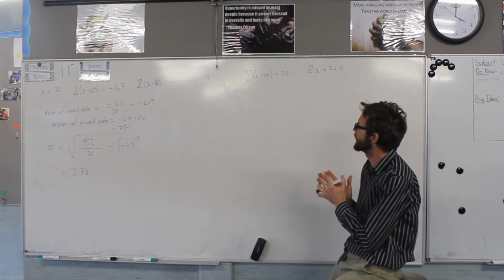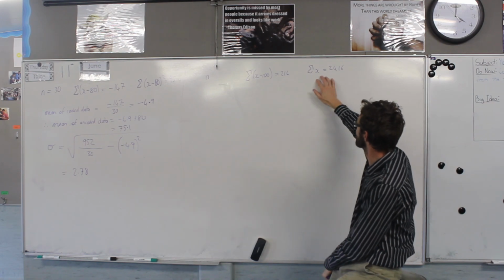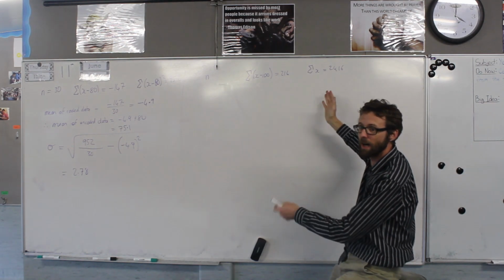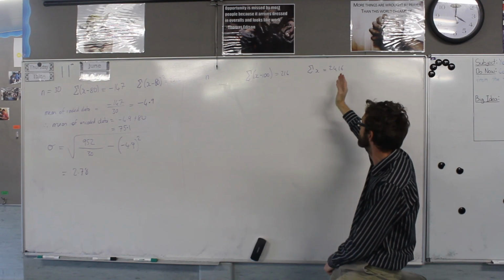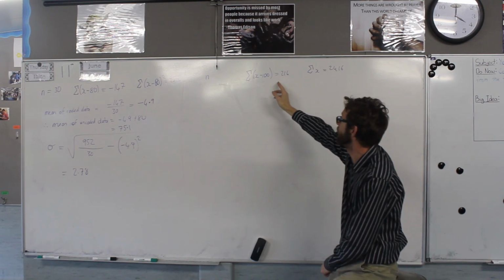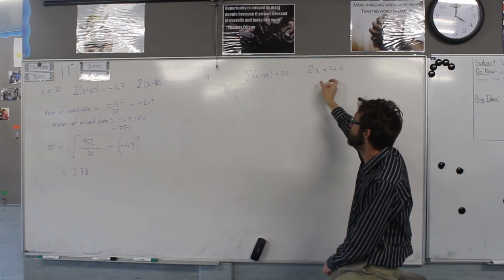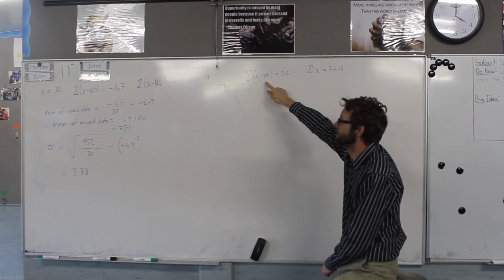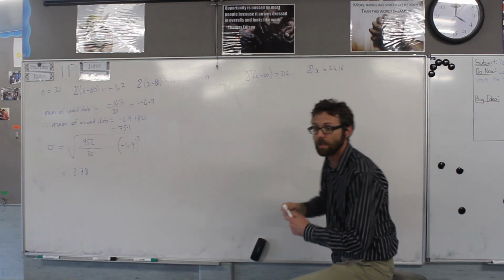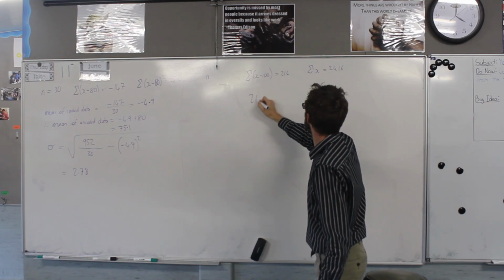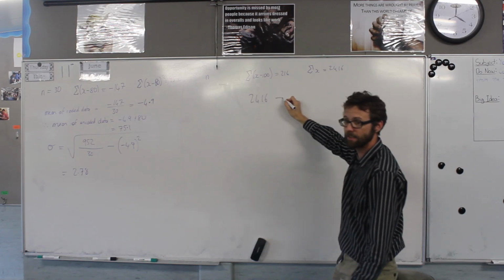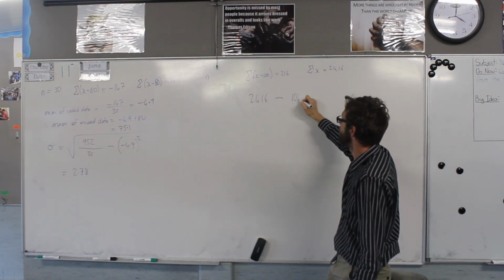So we've added up all of the n items of data to get this. This one, we've got that, but then we've subtracted 100 n times. So in other words, 2416 minus 100n